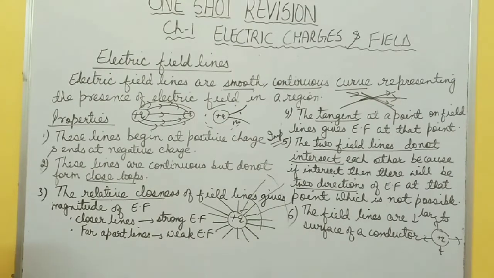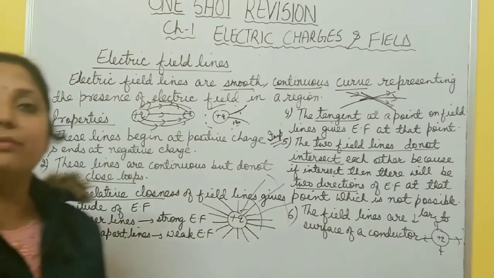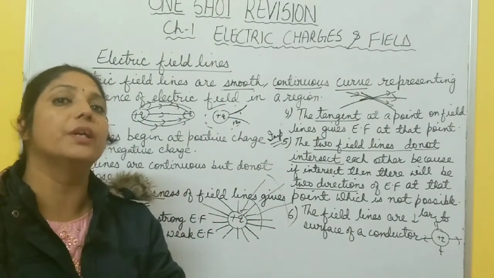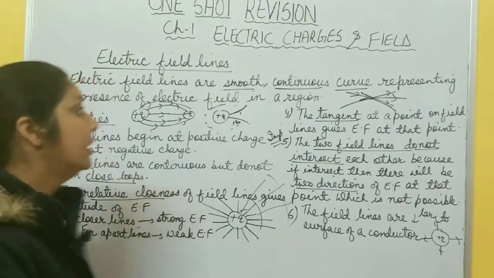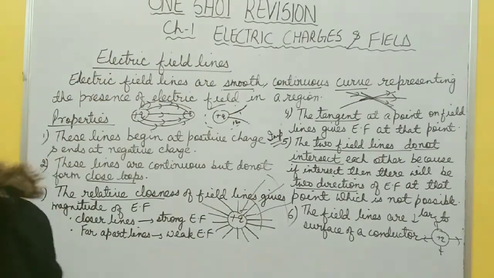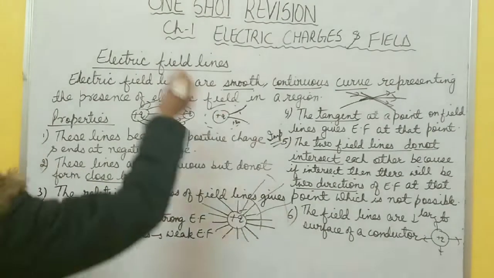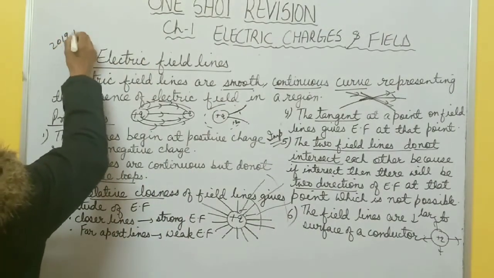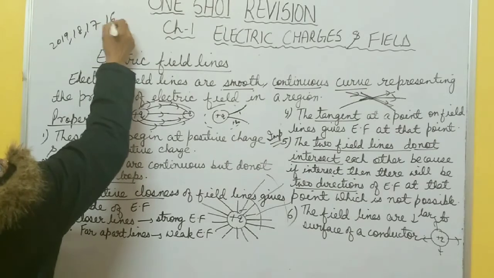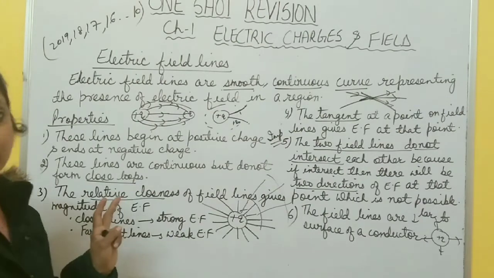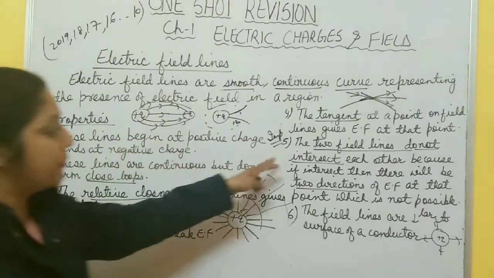After this, in exams it comes that draw electric field lines for different charge systems, for positive charge, negative charge, for a system of two equal and opposite charges, and it's very, very important. This question is very, very important. Many years this question comes. It comes in 2019, 18 also, 17 also, 16 also, up to 2010. This question comes every year in 1 or 2 marks question. What are electric field lines? Why do two field lines not intersect each other?